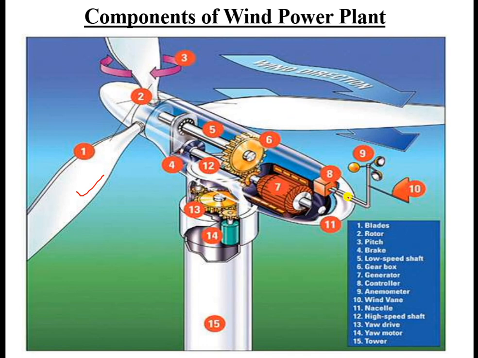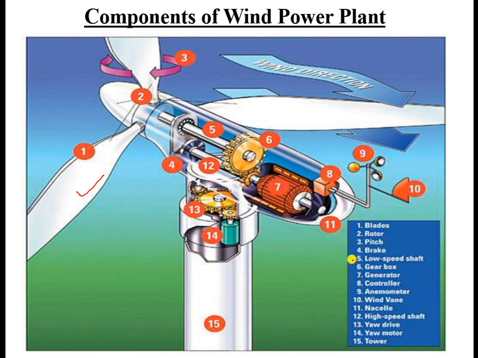Second one is the rotor. Now these blades are mounted on this rotor system. Try to remember this one. This rotor is rotating, and it is mounted on this shaft. That is important. To this rotor, these three blades are connected or mounted. Then the third is the pitch, which is associated with the blades. Brake is the fourth one, which is used for controlling the movement, or you can say the velocity, of the turbine, in turn the rotor, as well as the blades which are rotating.